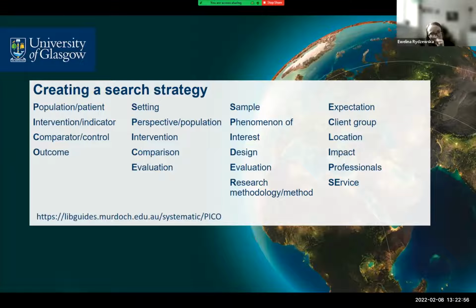Right, so something you can use to help you create your search strategy is also different design tools, I guess I would call them. And I'm not terribly familiar with all 4 of them, I have to say that. So I included here a link at the bottom there, which has a very good comparison guide between the 4 of them. So you can have a look at that link, and some of these tools are better for some types of studies than others. For example, PICO, I think you can use for both quantitative and qualitative studies, but Eclipse, if I can remember well, I think that's maybe good for